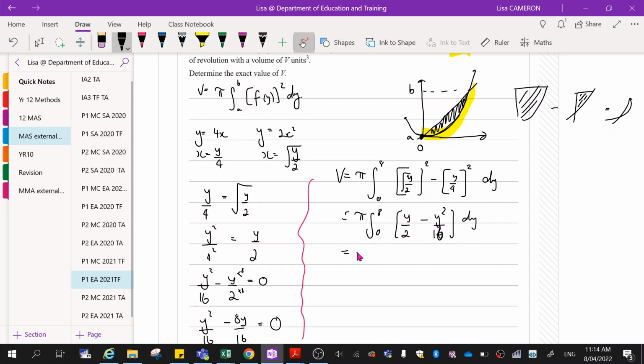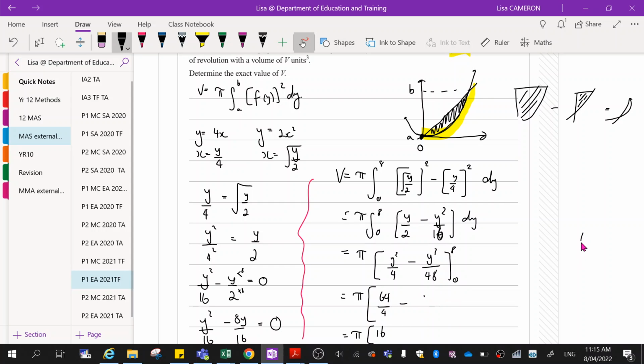Okay, and now it looks like a nice function that we're ready to integrate. So y squared over 4 minus y to the power of 3 over 16 times 3 is 48. If you don't believe me, you can do the maths. Now we're going to substitute in 8 and 0. So 8 squared is 64 divided by 4. That's going to be, 4 goes into 60 10 times, 24 remaining, so that's going to be 16 for that one, minus